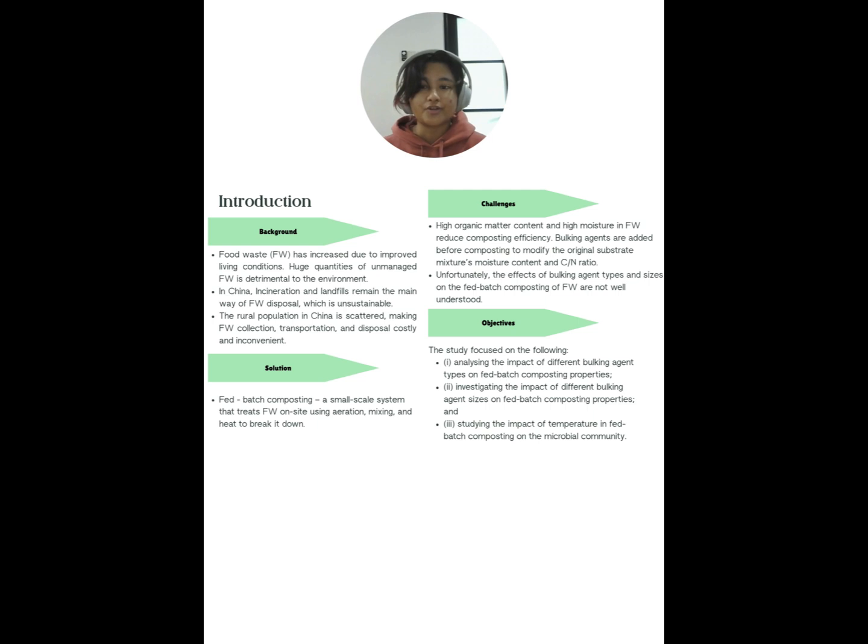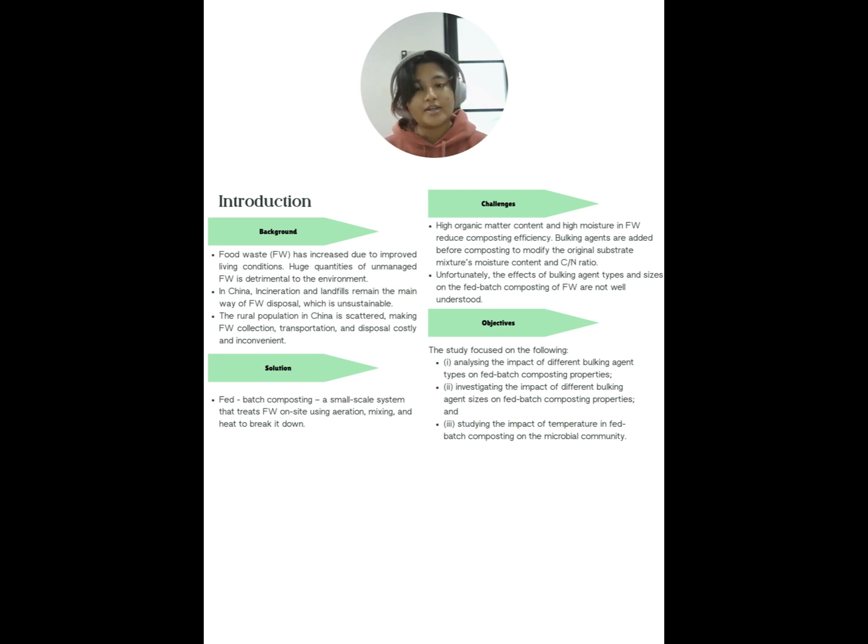However, there are some challenges to this method. Due to the high organic matter content and high moisture in food waste, it reduces the composting efficiency. Bulking agents are added before composting to modify the original substrate. Unfortunately, the effects of bulking agent types and sizes on the fed batch composting of food waste are not well